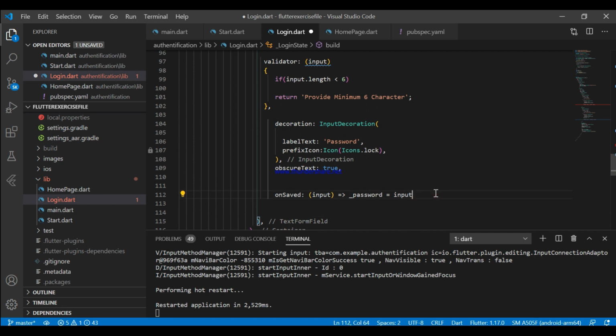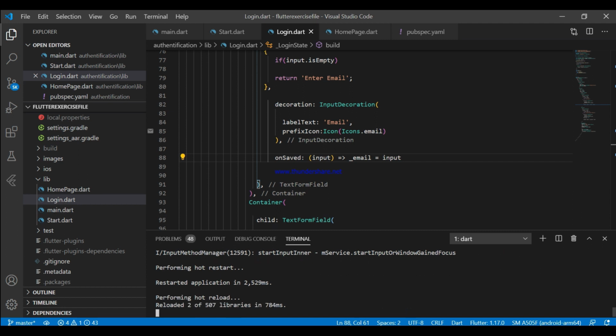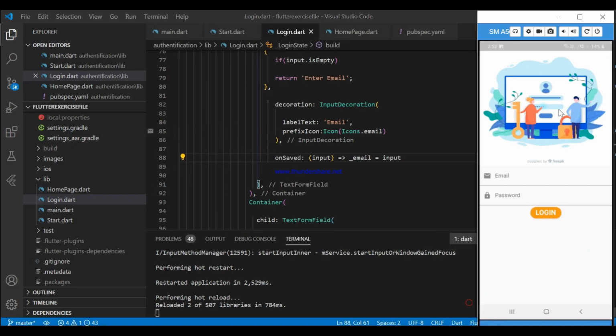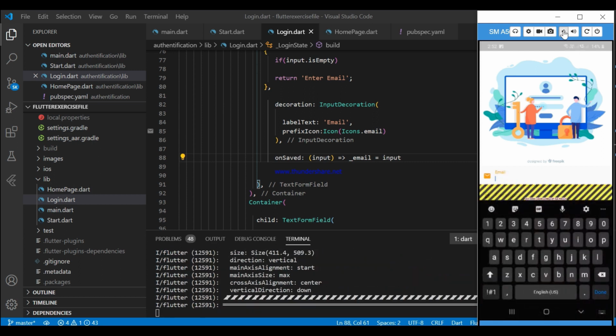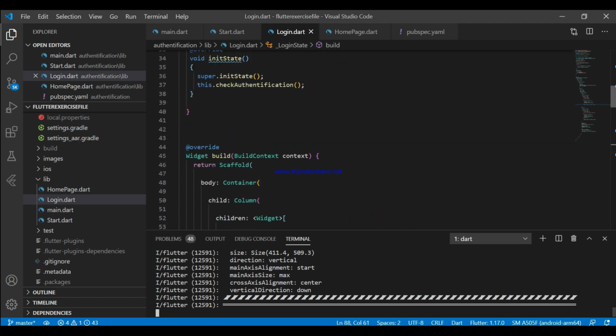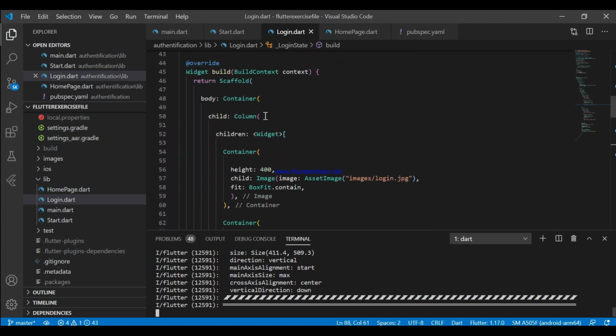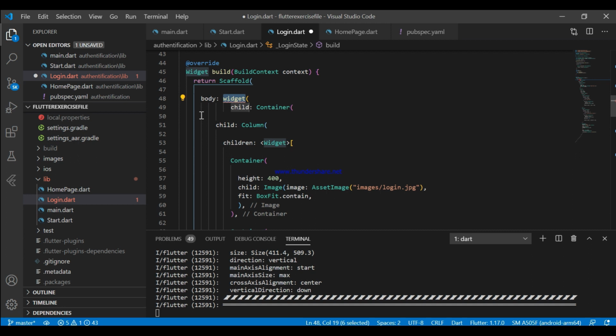Now it's all good. Just wait. Yeah. Now it's time to run the app again. Hope this time it works. Tada! It looks good. Let's fix this also. For this, just wrap the container inside a SingleChildScrollView. The container that we are using is the body now. Just wrap this container inside SingleChildScrollView.